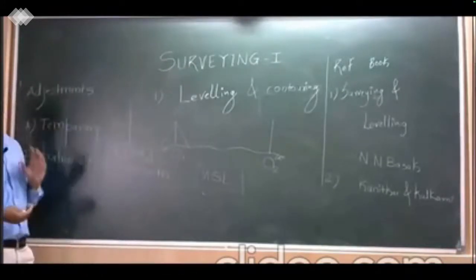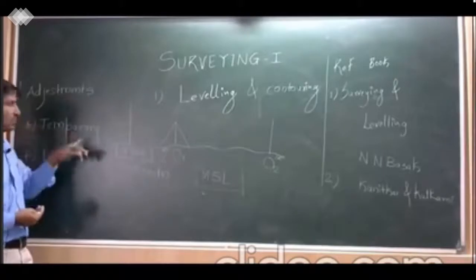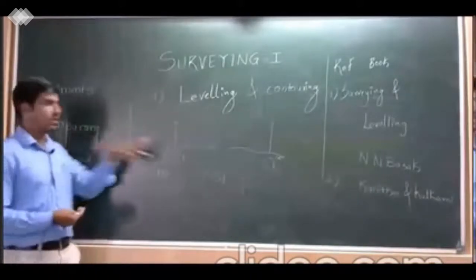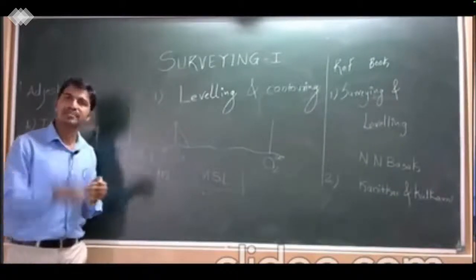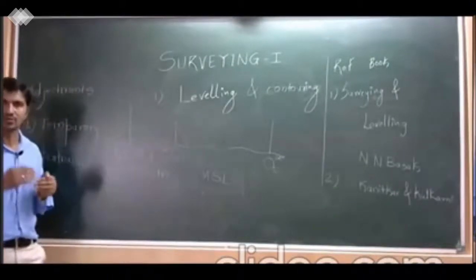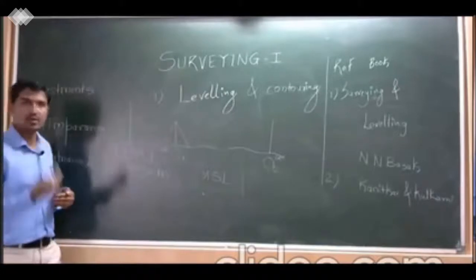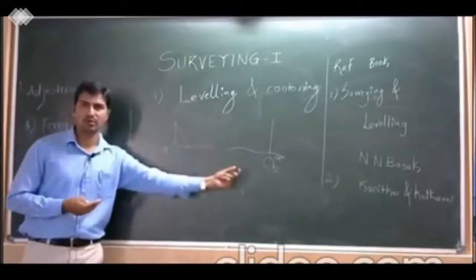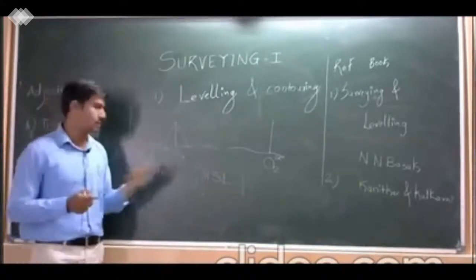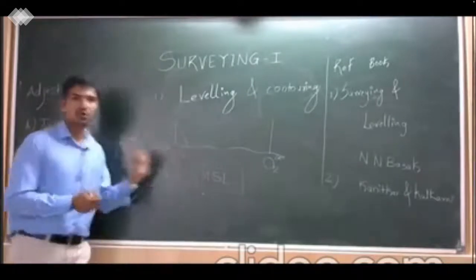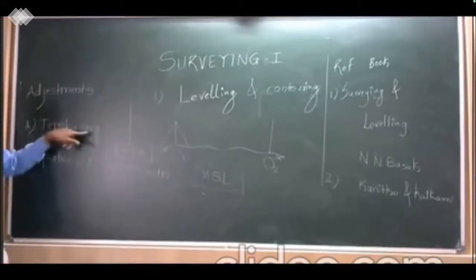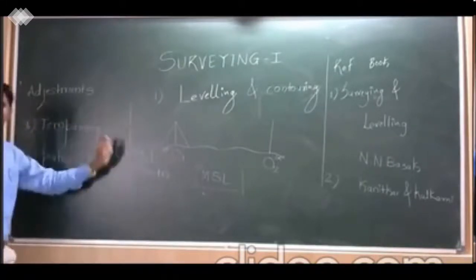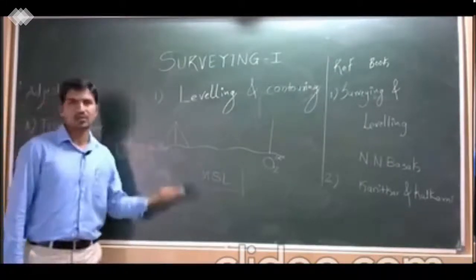First one is your temporary adjustment. This adjustment can be done whenever we keep the instrument on the ground, or whenever we use the instrument for the purpose. So the first thing is, when you keep the instrument, we have to go for a temporary adjustment. Okay. Now I will again explain the whole process of temporary adjustment in the next